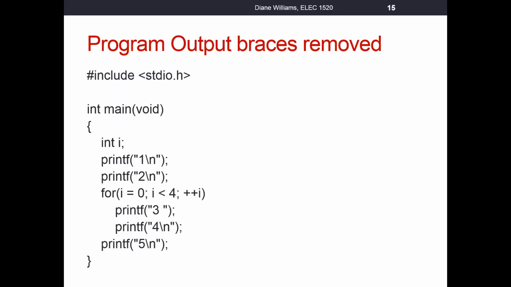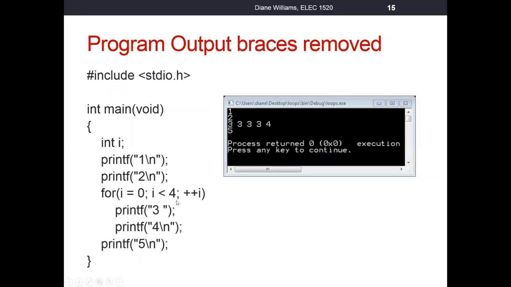Now let's take a look at that. All right, if we were to run this program, we would see we print out the 1, we print out the 2. I is going to be equal to 0. We're going to set I equal to 0. 0 will be less than 4. This is true, so we print out this first 3. We come up and perform the increment, so I